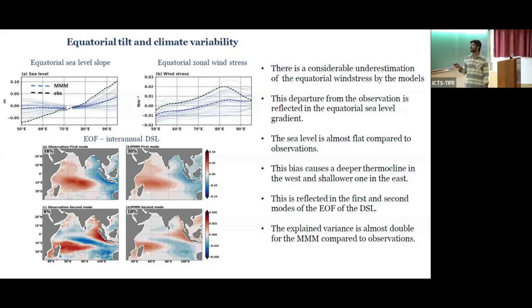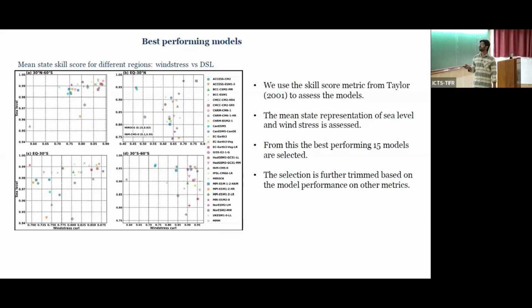So the misrepresentation of equatorial wind stress is the main reason for the misrepresentation of sea level in the equator. And this biases the models toward an IOD phase, and this enhances the issue with resolving variability. So as I said before, our actual objective was to select a bunch of models based on